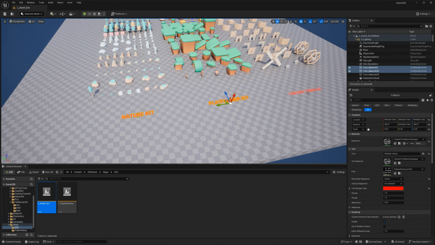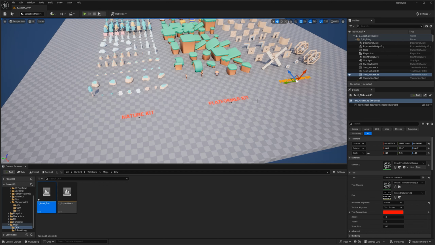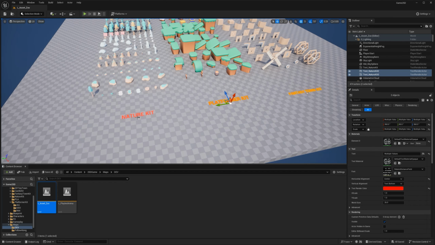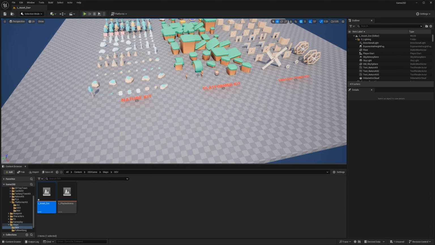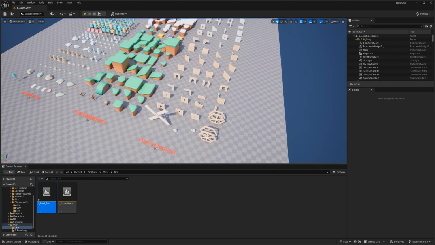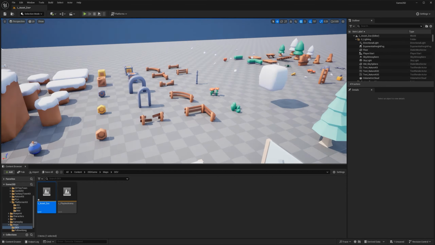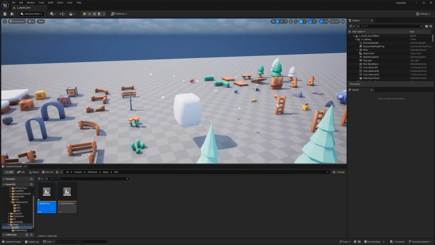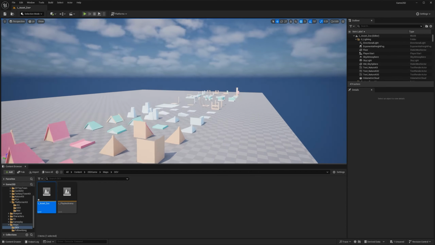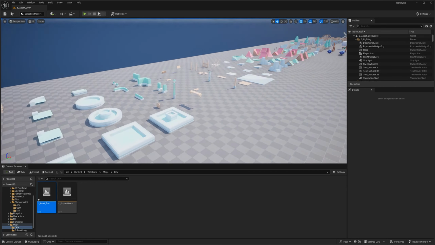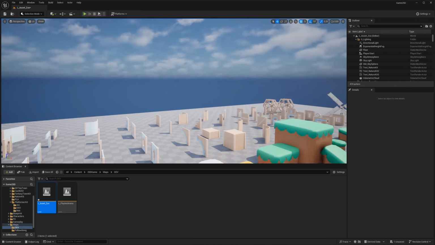So I used a text actor here to list it. Each one of these is in individual folders, so there's no way they're gonna be confused. And essentially, I just put a bunch of stuff, right? A bunch of stuff that you might need to use in here. And the way that we're gonna approach this is we're gonna select what we need and click in the world. But how do I do that?